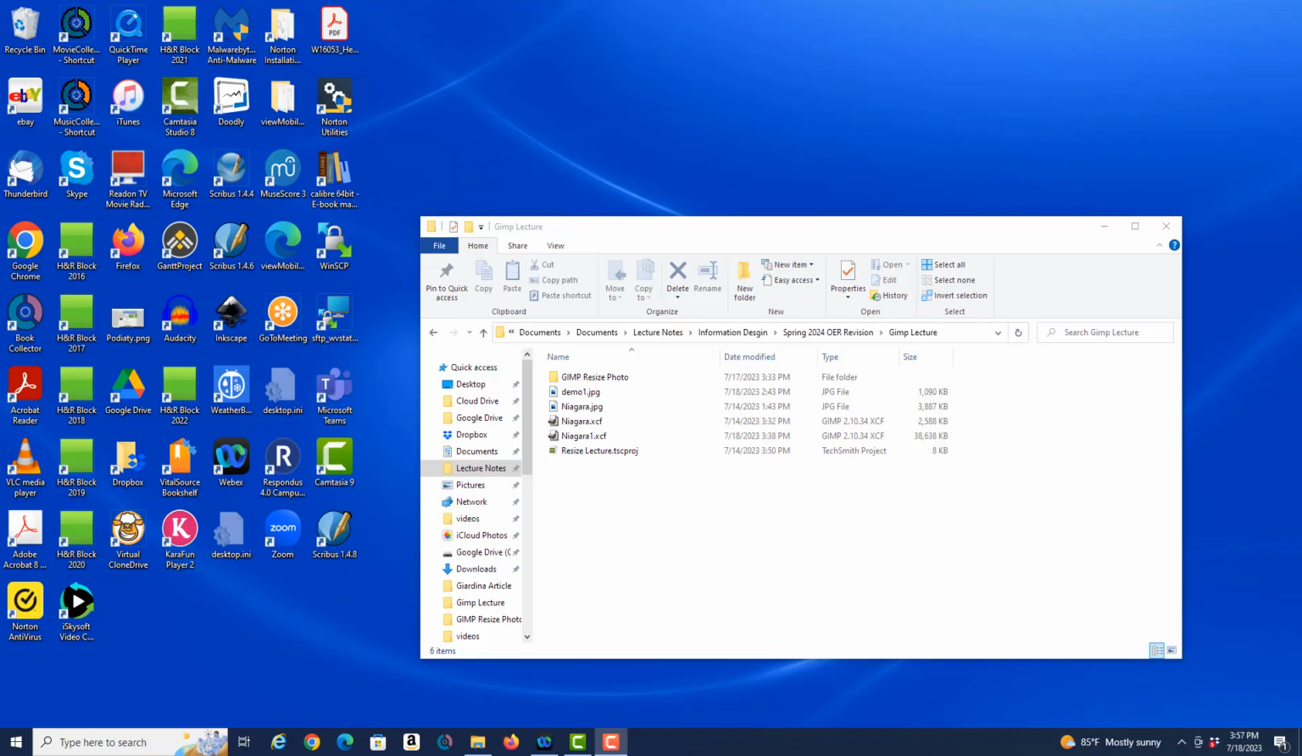This is the second introductory video to GIMP, manipulating photos. What I want to do now is go back to the original file and open it again. The original large file, Niagara, not the demo1 file that we created at the end of the last exercise,